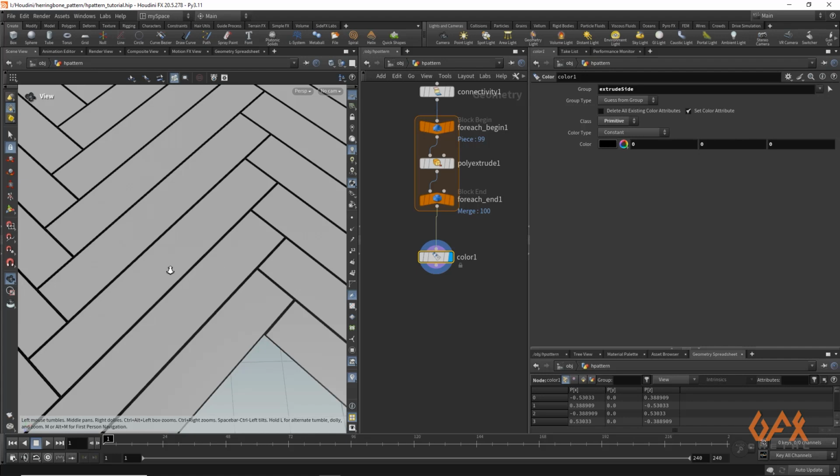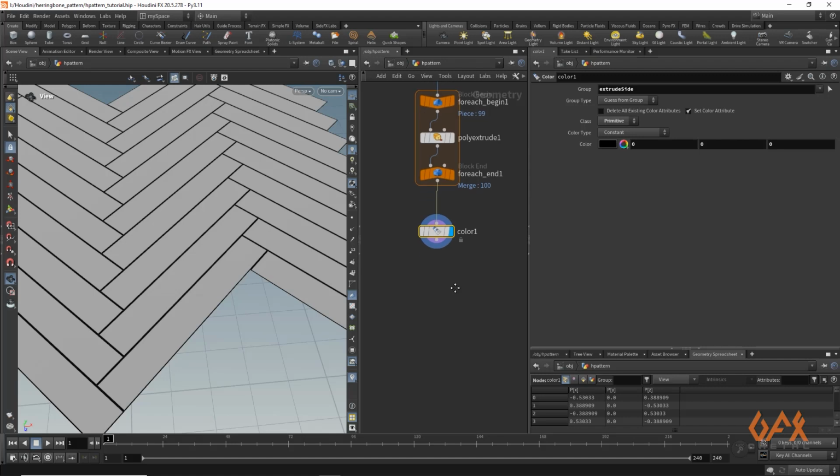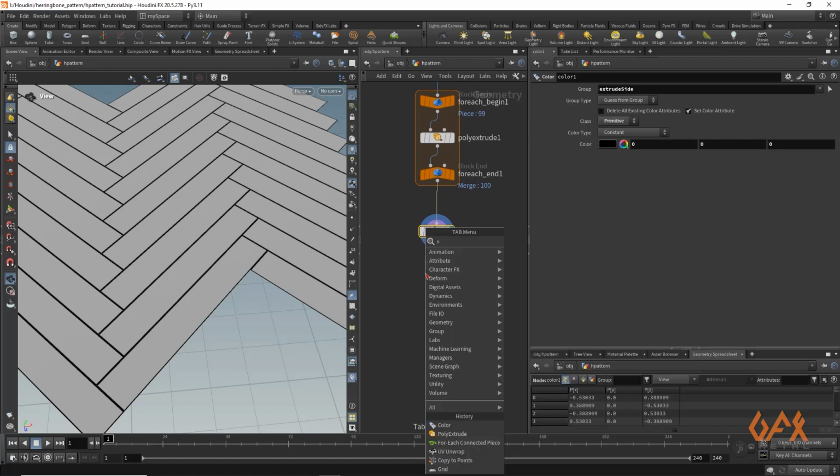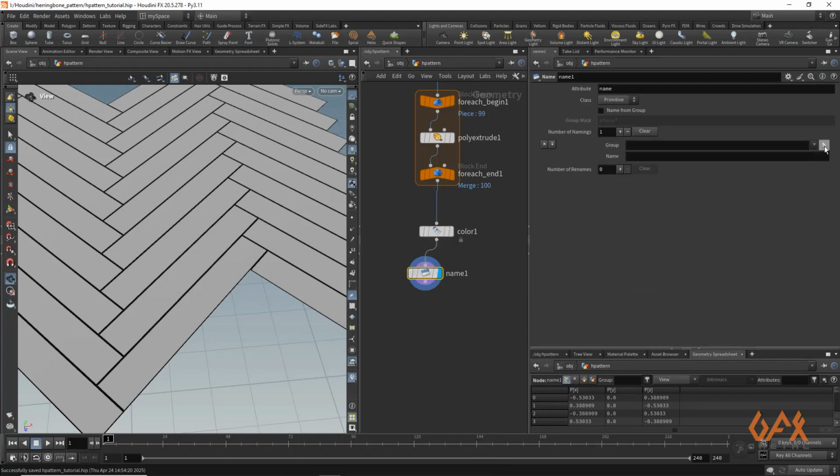What I always prefer is to store this information in a separate entity, so that it is reflected in Solaris when you call this. For that reason, I apply one name operator in which I define my group, that is extrude front, and I name it as wooden. Create one more group, that is your extrude side, and I name it border, or edge, or whatever.